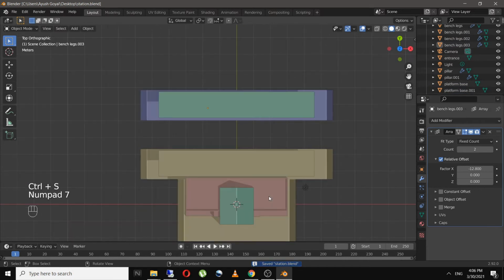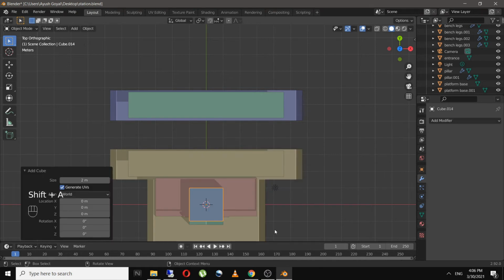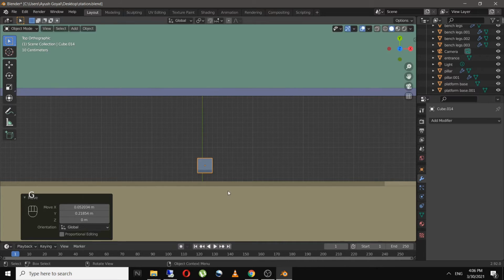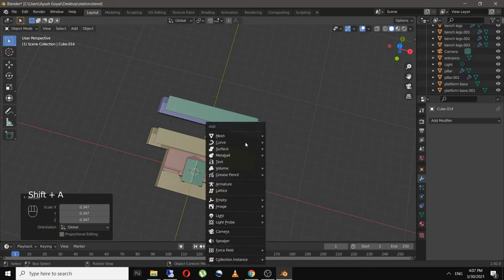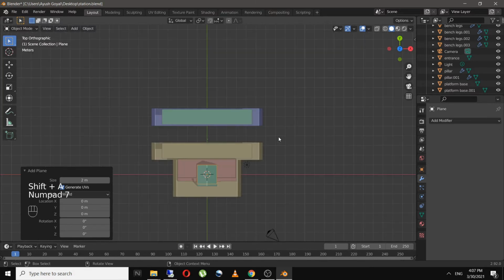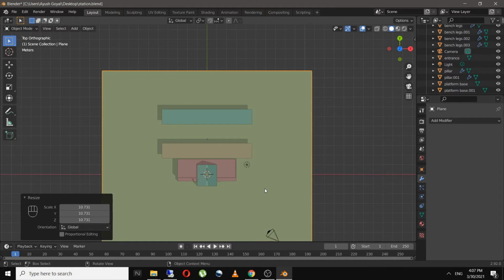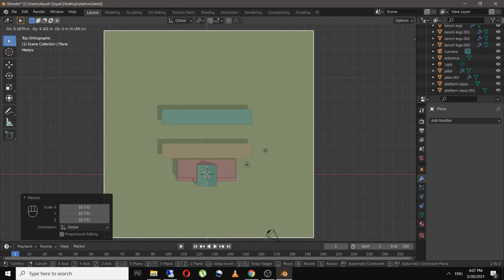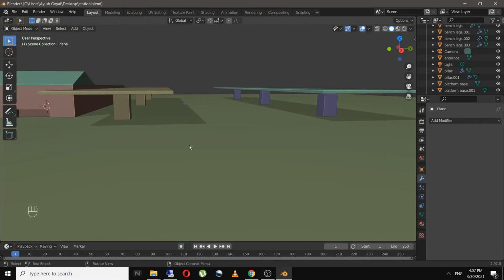So all that's missing is the railway tracks. That is also very easy to build. For that, just go to the top view, add in a cube, scale it way down. But first we will create the main base of our scene so that we have something to put our railway track on. So I'll add in a plane and place it somewhere here.